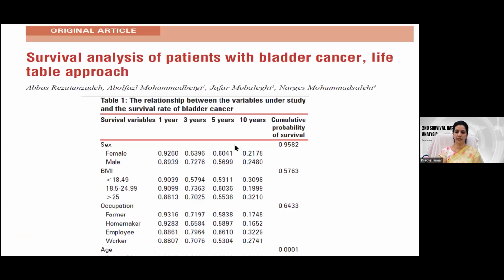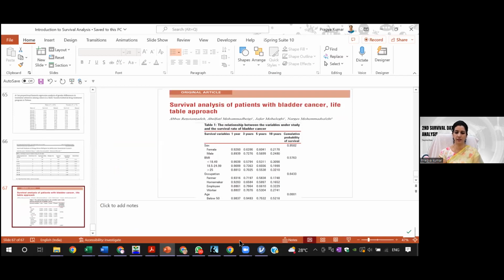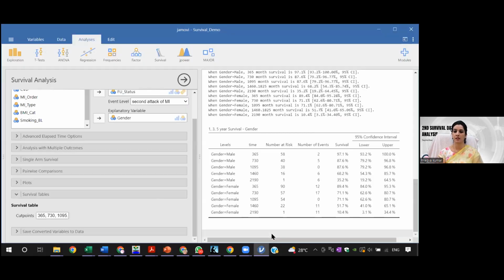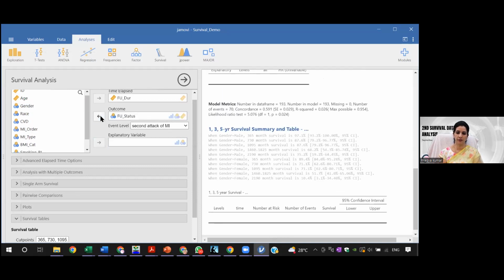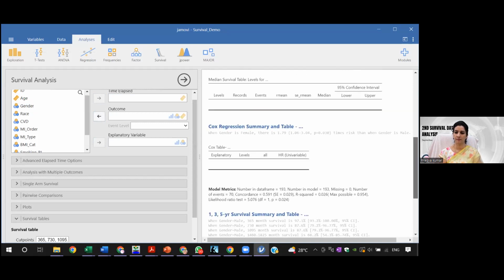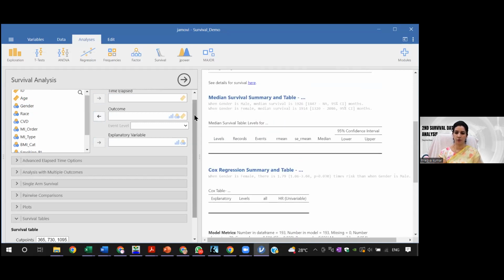And then again in another, you can see they have also given. Again, you can compare the difference in the two survival probabilities also in male and female. So again, I will show you the command. So I will move these back to wherever they were. So now nothing is there. Even I will stop. I will again go to this